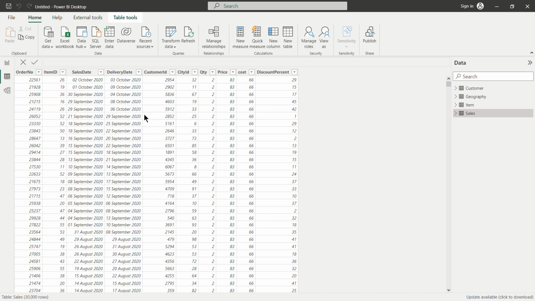Next we have a group by column. The group by column will group the rows, like I have customer ID, there are two rows with the same customer ID. So I want to group this on the basis of customer ID, and the column name will be, and the operation that